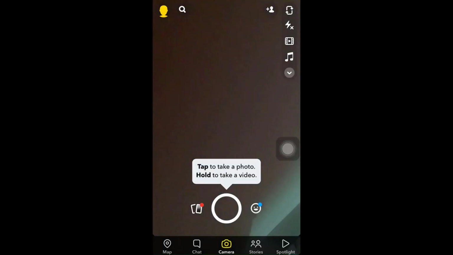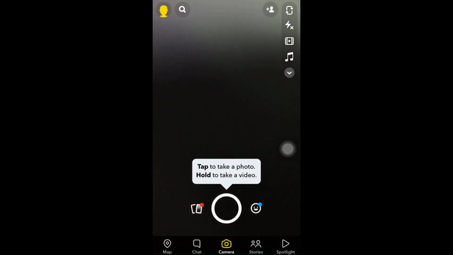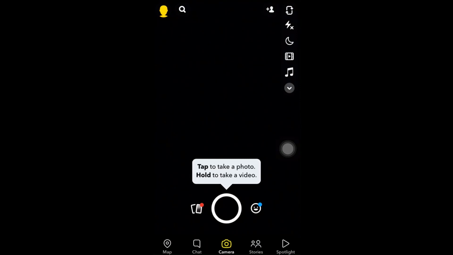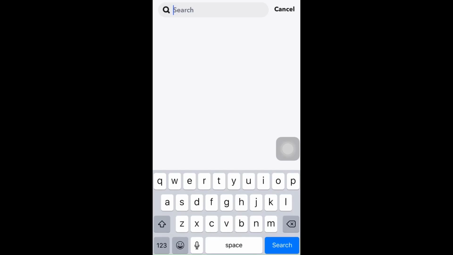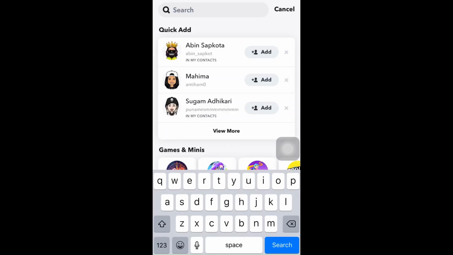And now heading back, what you'll be able to see is that there are different options still available to you over here. So Snapchat is not Snapchat unless you learn how to make streaks with your friends. And in order to maintain streaks, you definitely have to have friends added to your Snapchat. So one of the ways you can add friends is going to the search icon beside the profile icon, and then typing the name of certain people that you know the Snapchat ID of, and then